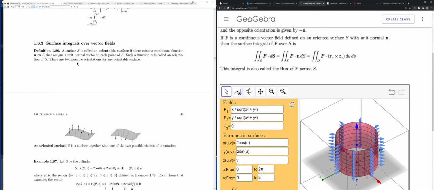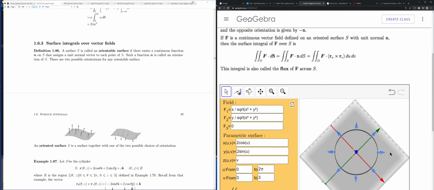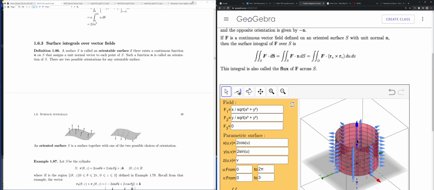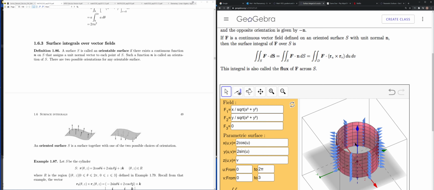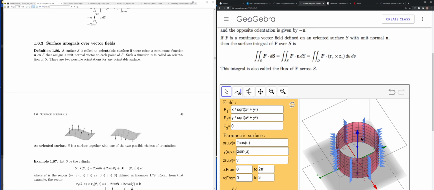Okay, and you have two possible orientations for any orientable surface, right? So either your vectors, in the case of the cylinder, will point in one direction out of the surface, and then the next possible direction that you can get is simply by taking these normal vectors and taking the negative of each of them, right? And when you take the negative of each of them, your orientation is going to reverse,